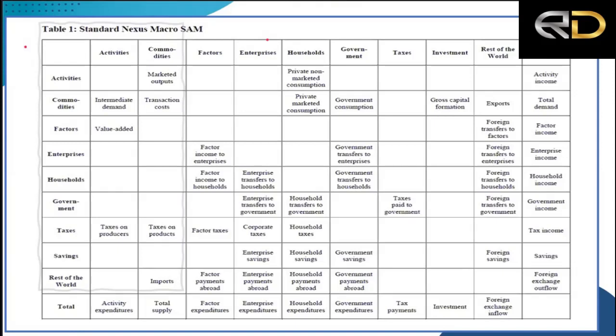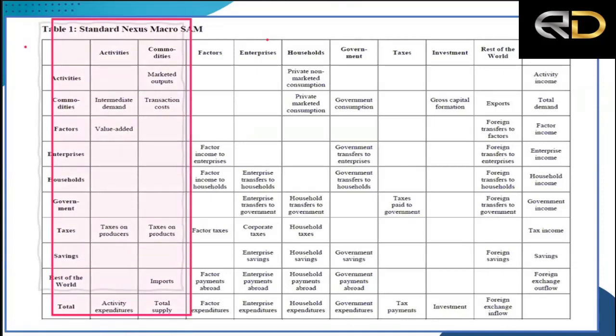Then there are some major categories where we need specific data. The first one is these activities and commodities. These are the production activities. We call them production functions, but they're really fixed coefficient relationships between intermediate demand, value added, which is labor and capital and land, and then some taxes, and those become total expenditures. That builds up the production side, and we do this by using the total output, which is the column total, and then distributing it based on these proportions that we already know from previous SAMs or work that's done in PERI at the AMIS,